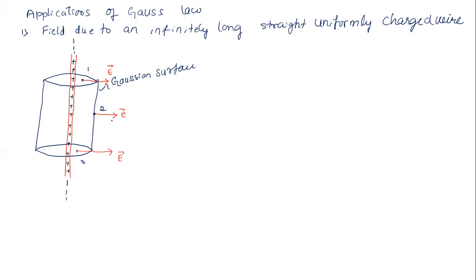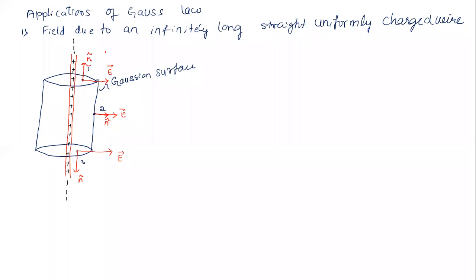Okay, the electric field is in this direction. Now I need to look at the area vector at each and every place. Look at the upper surface, the upper area. The area vector is in this direction, let us say n cap. At this cylindrical surface, the area vector is in this direction, n cap. At the bottom, the area vector is in this direction. As you know, the area vector is perpendicular to the given surface.